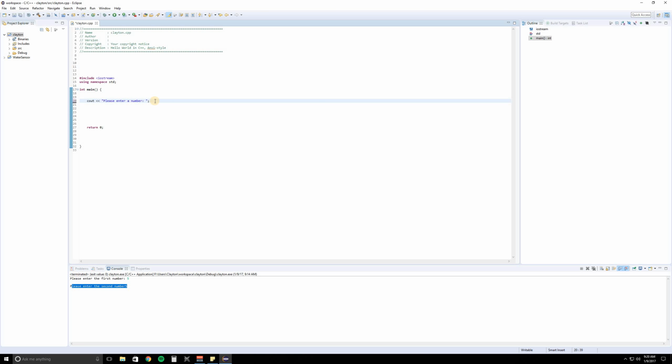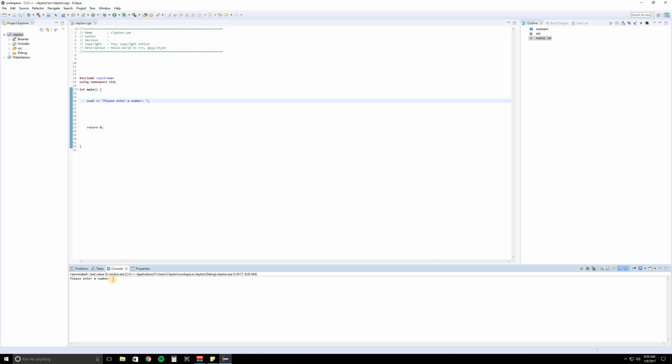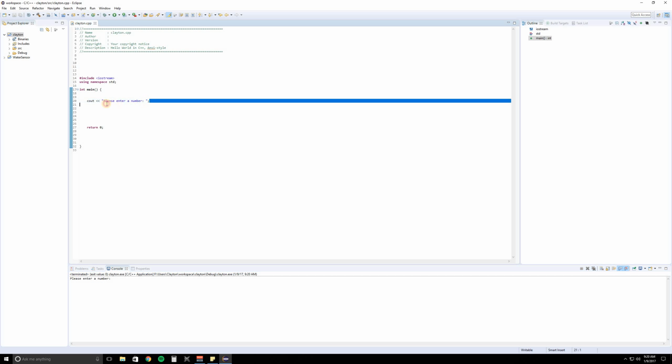Okay, the next thing we're going to introduce is something new. You can see we print something on our screen. We prompted the user to perform a task. But right now, if we build the program and run it, the program is just going to go through every line and hit enter number, but we can't enter anything because it doesn't know that you're trying to get a number from someone. So what we need to do is use